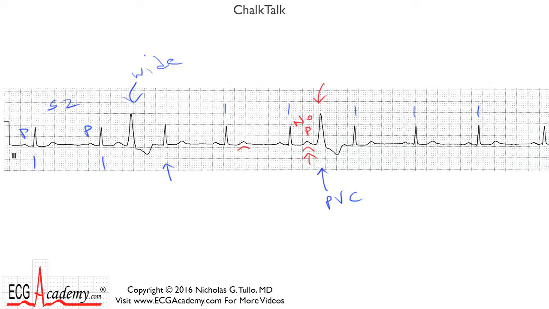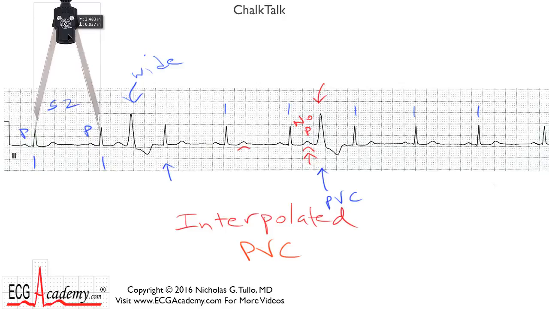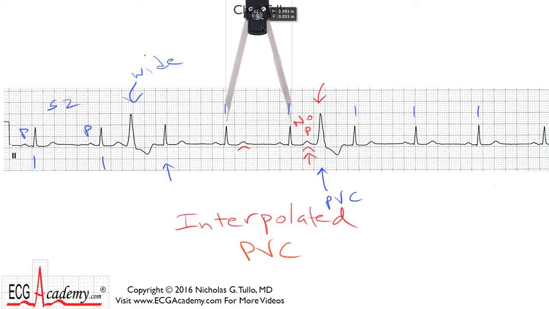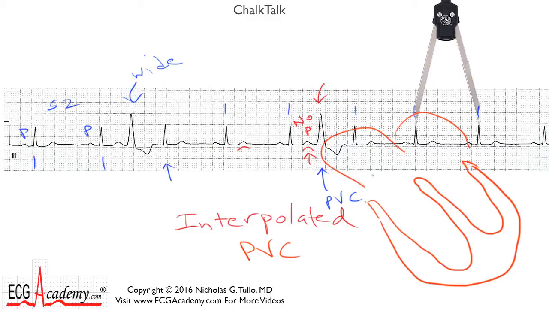So for you beginners working on telemetry units, we would call them interpolated PVCs because they're in the middle of two normal beats, like sandwiched together. You could find this on other EKG blog sites, and they show you how the QRS complexes are marching on through pretty much at a very stable rate, and the reason is that the PVCs don't interfere with the sinus rhythm. And the idea is that the sinus node is firing at a steady rate and giving rise to these P waves, but these PVCs are arising, and they're timed at such a point that they're not able to retrogradely penetrate the AV node, and so they don't affect the sinus rhythm,